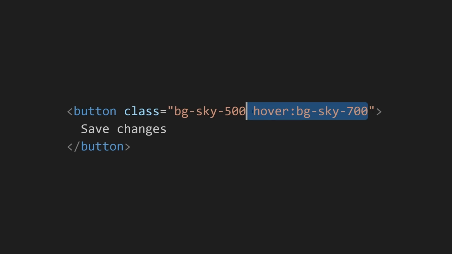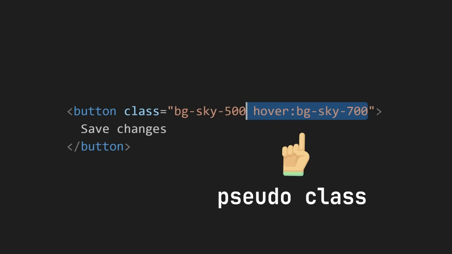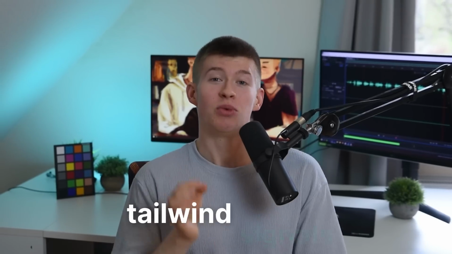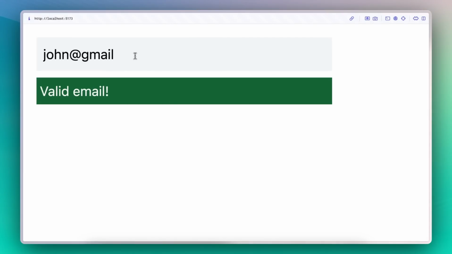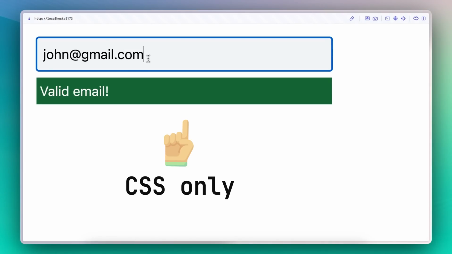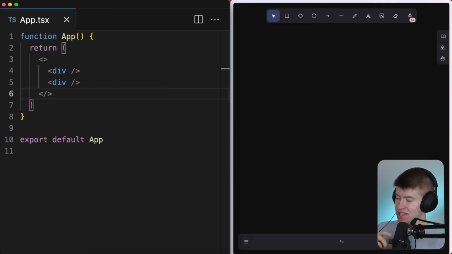Listen, in Tailwind CSS, there's an incredibly useful concept called pseudo-classes. A new development in the Tailwind space are Tailwind signals. They build on top of that really useful principle of pseudo-classes and take it a lot further. You can do some pretty wild stuff with Tailwind signals, and that all while writing really clean code. Now, Tailwind signals build off one of the coolest features I think Tailwind has, and that is the principle of